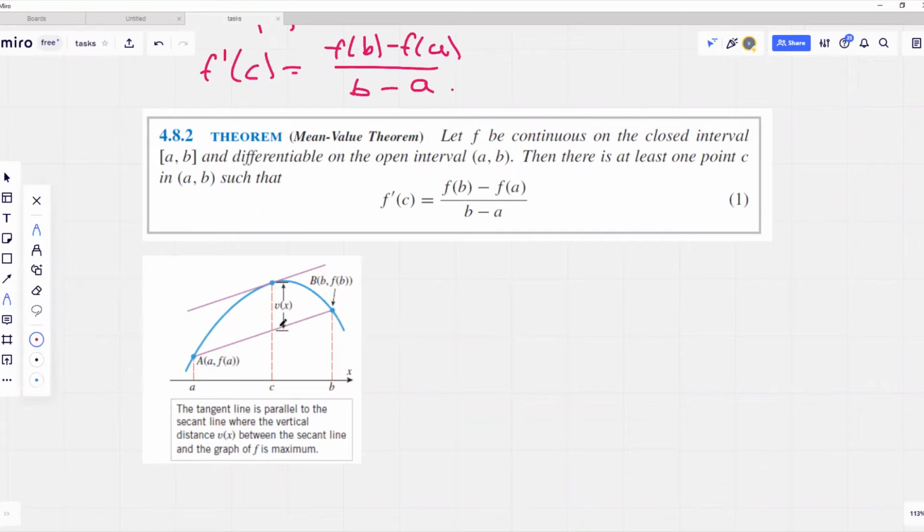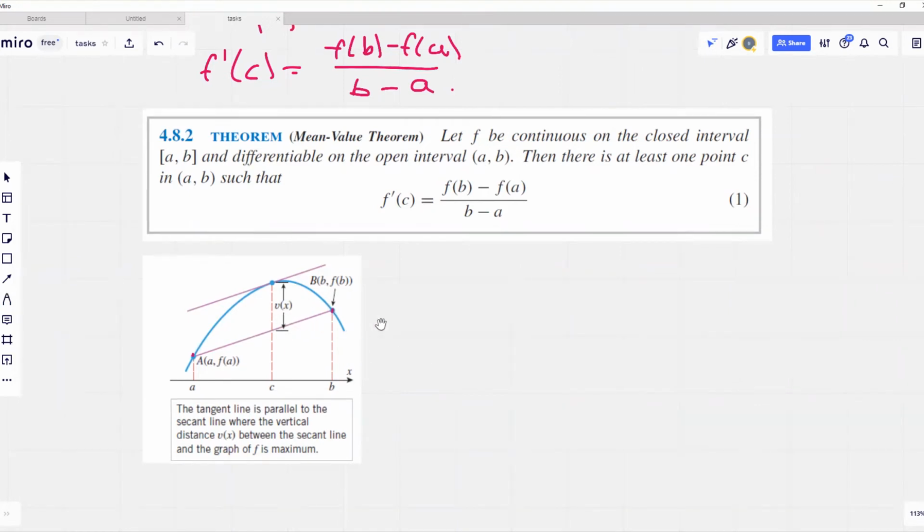If we denote the following function as a distance function, so this is the distance function between the secant line and the graph of the function, it is equal to the difference of values of our function f of x minus this equation for the secant line. Then we can see that the graph of f of x intersects the secant line at a and b, meaning that this distance function is going to be equal to 0 at those 2 points. And since it's continuous and differentiable,